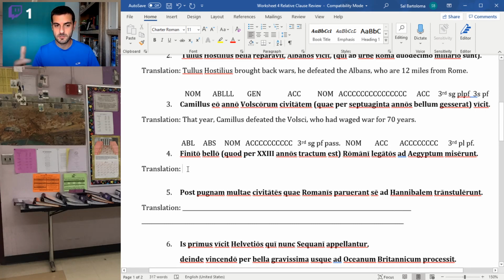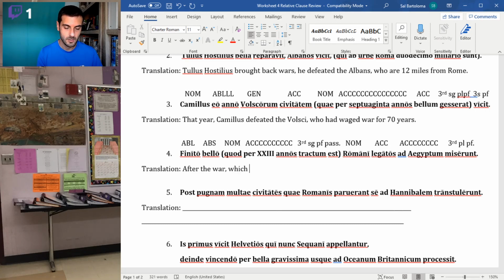So remember ablative absolutes, right? We translate them with when, after, since, or because. I think here, after the war. Yeah, I'm going to say after, right? So after the war, the bello, now we're going to put the relative clause right after it, which was dragged on for 23 years. But I still got to get that finito, so that's my second half of my ablative absolute. After that war was ended, finito, the Romani, the Romans,